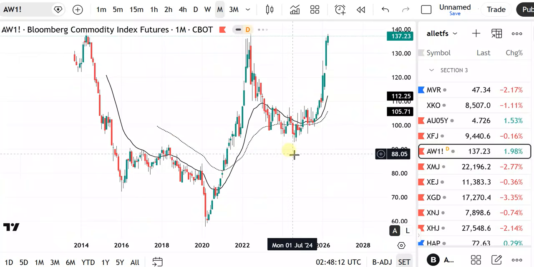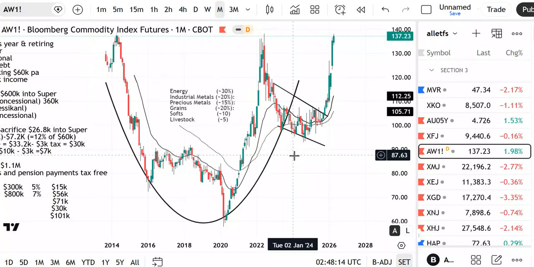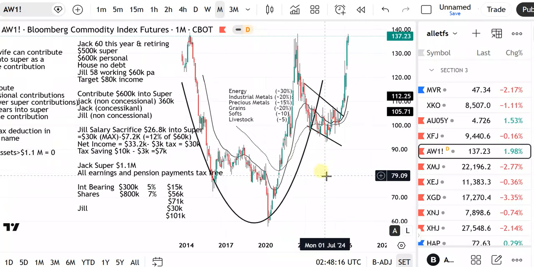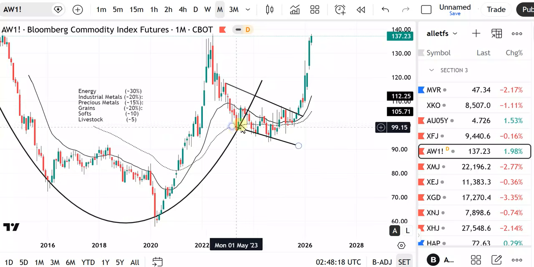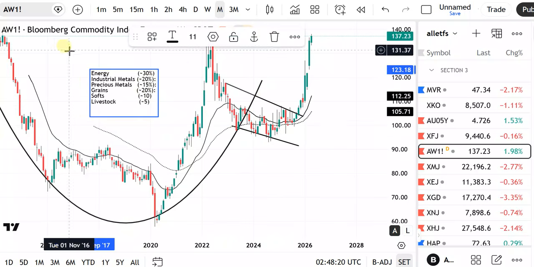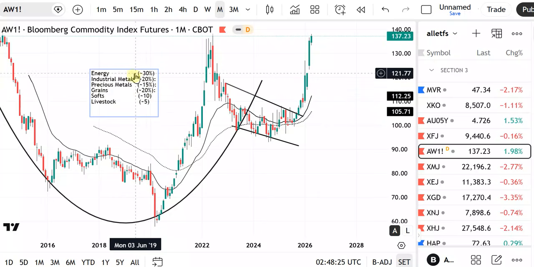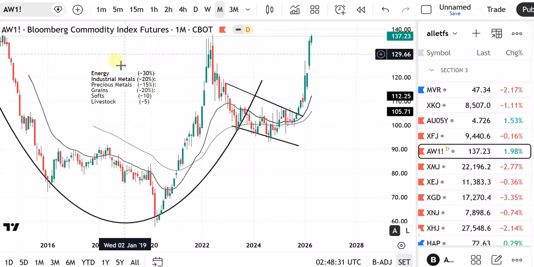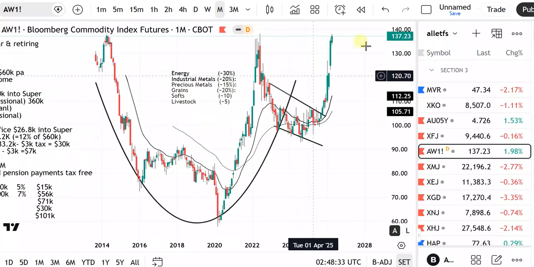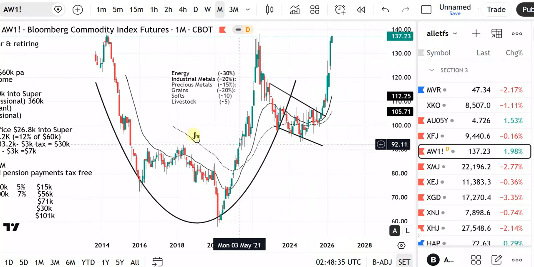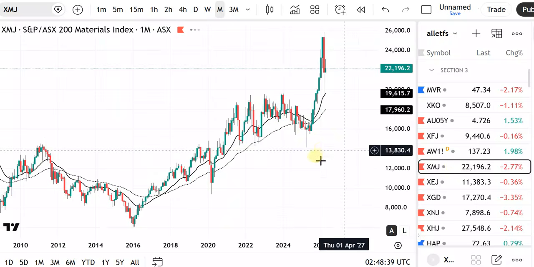Okay, so the other big sector: materials. What we've got here is the Bloomberg Commodity Index. Unfortunately, it's not in the same weight as our materials sector, and we'll have a look at that. But this is a decade-long theme that's about to occur. So if we look at our materials sector,